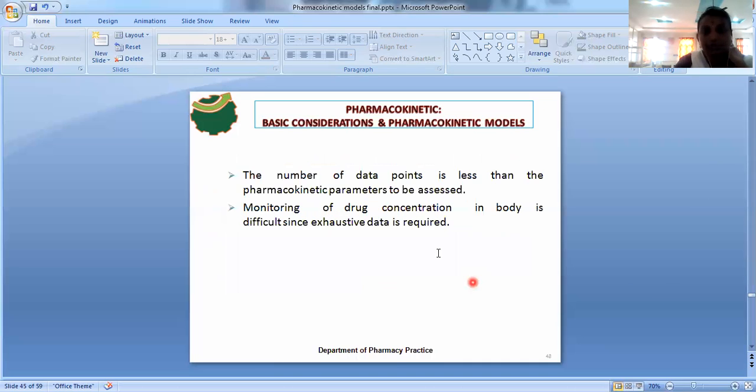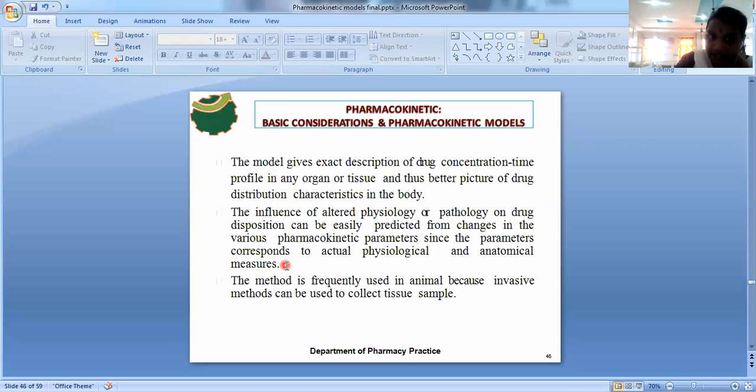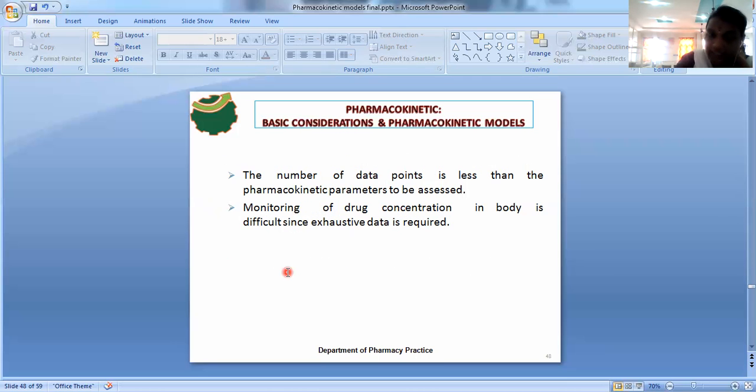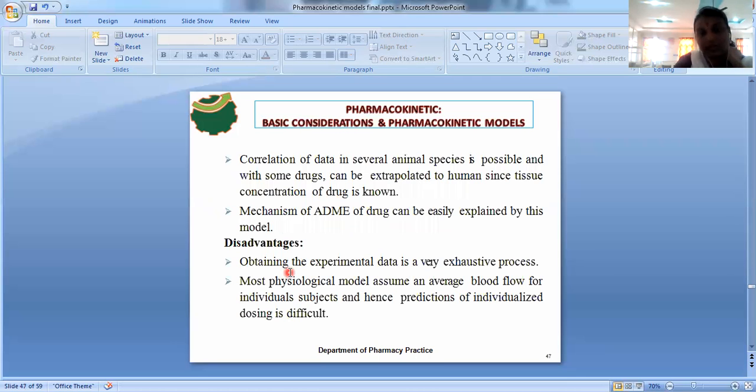And the number of data points is less than the pharmacokinetic parameters to be assessed. And monitoring of the drug concentration in the body is difficult, since exhaustive data is required. These are the disadvantages. So far you have discussed the advantages. Disadvantages, what do they mean? Obtaining that experimental data and considering these models in order to determine quantitative estimation of the PK parameters is a very